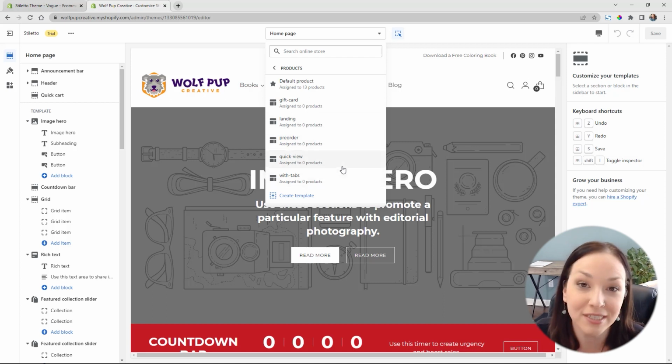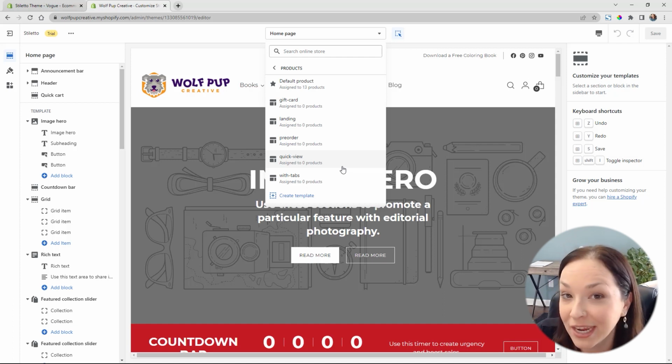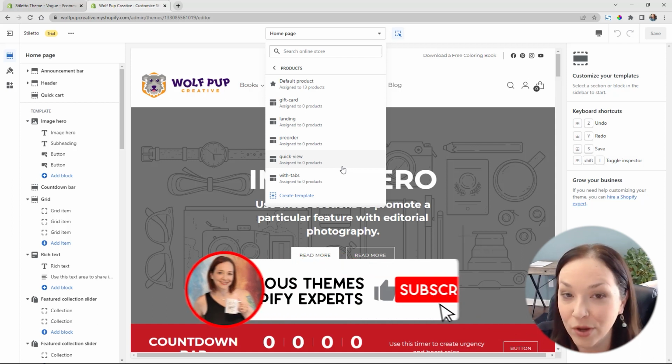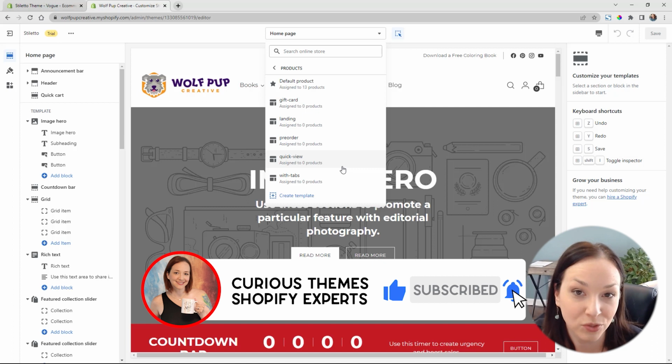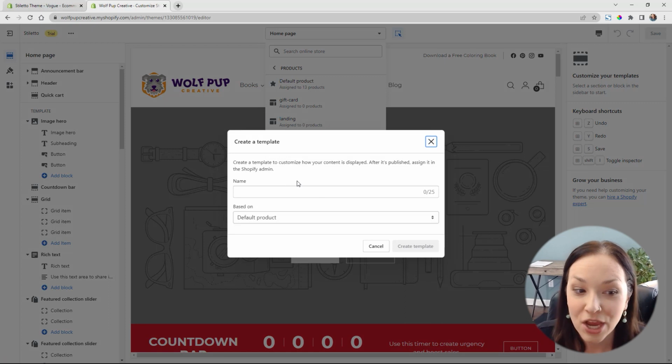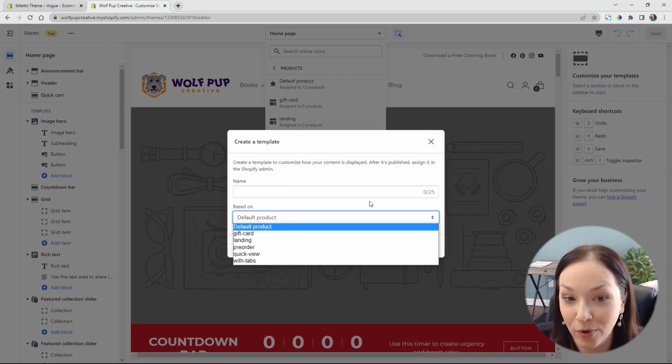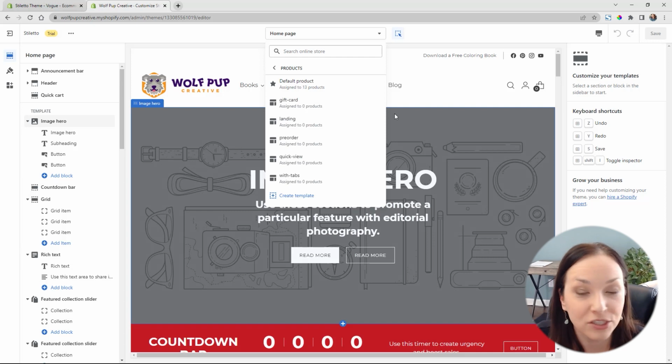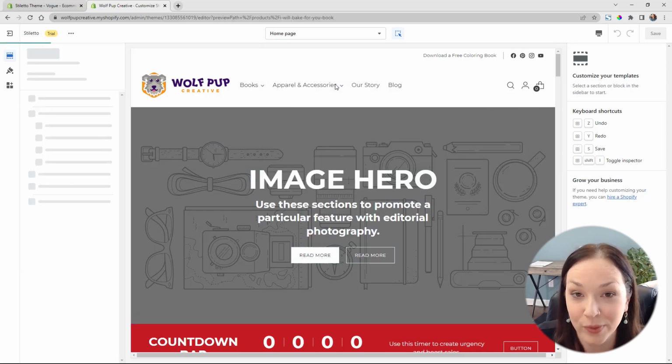with tabs. So you can create different types of product templates based off of your different product functionality, or if you're running a promotion for a couple different products, you can create a template for those and customize all the products in that template. It makes it really nice and easy to have a cohesive design across your Shopify store for different product categories and to make your products a little bit more specialized with the information that is relevant to them specifically. So you can create a template just by clicking on Create Template here. You can name your product and base it off of whatever product template that you already have. But for this, let's just go ahead and go into our default product so we can go into tip number